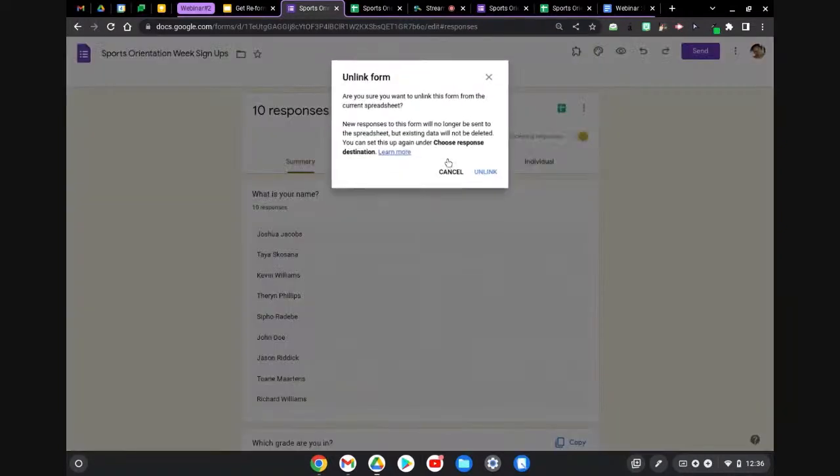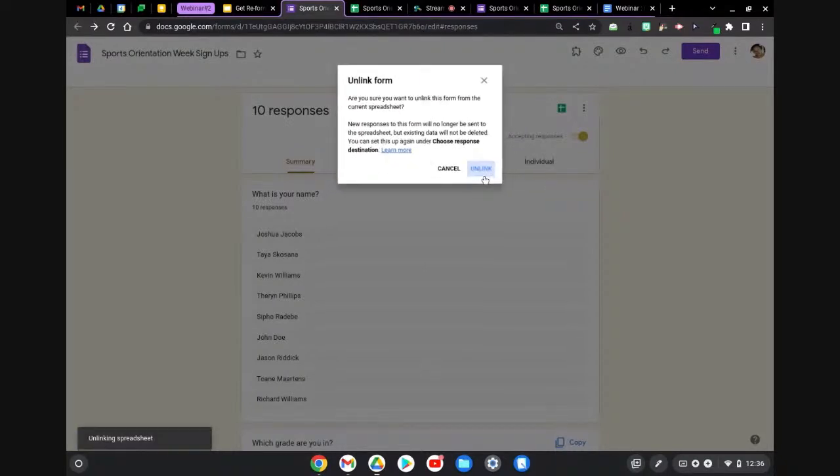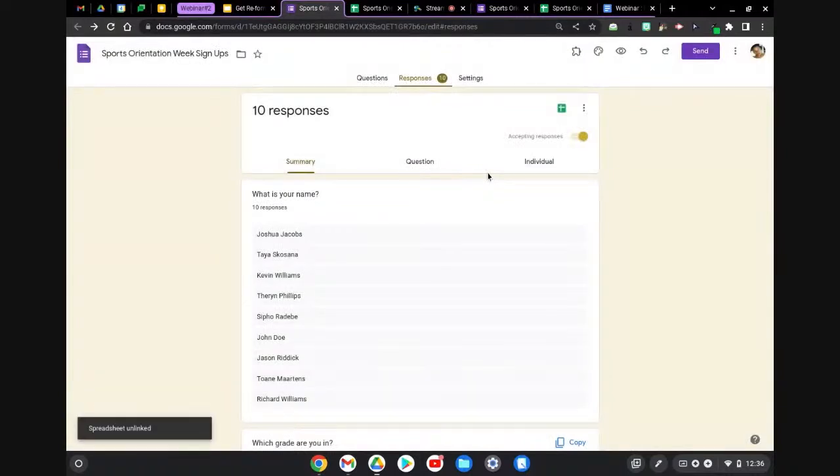And so I'll just head over and click on that, and get a disclaimer letting you know that remember, you won't be able to have any data flowing through from the form to the sheet. So head over and click the unlink button. And now that you've unlinked that, I will then decide, hey, with these responses that I have,